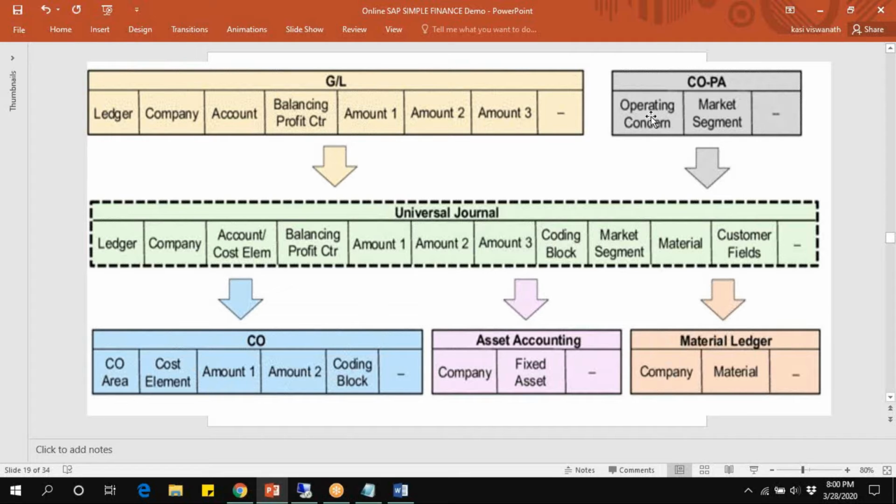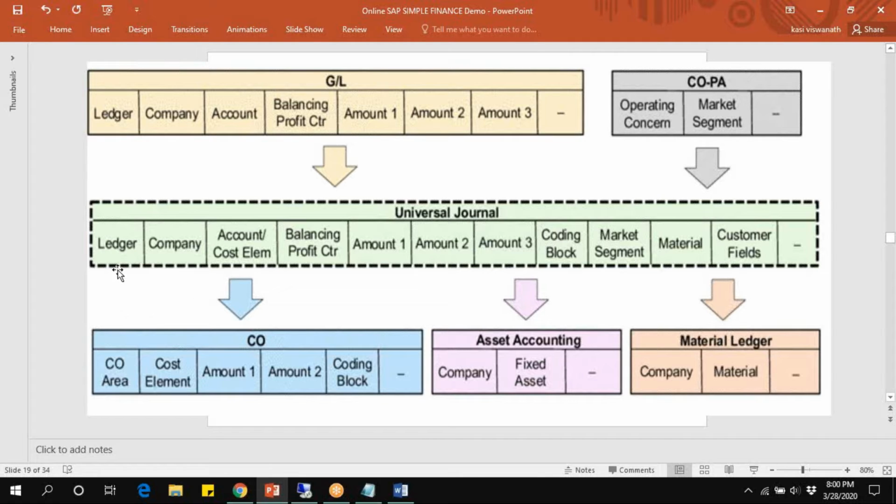Controlling profitability analysis: operating concern, market segment. If you observe, in finance GL, amount 1 is there, and in controlling, amount 1 is there. So we set off 1 amount 1. And in general ledger company is there, asset accounting company is there, so we set off asset accounting company. And again in material ledger, company is also there.